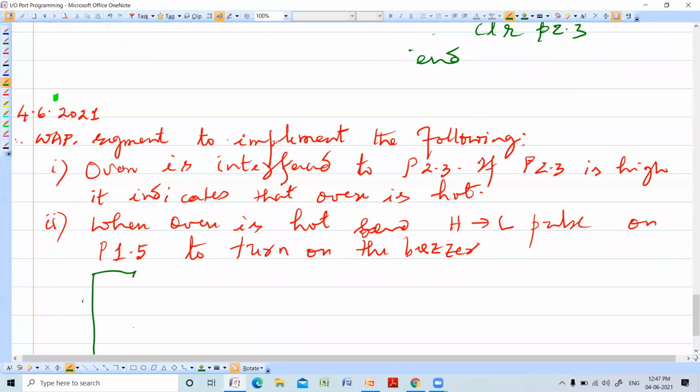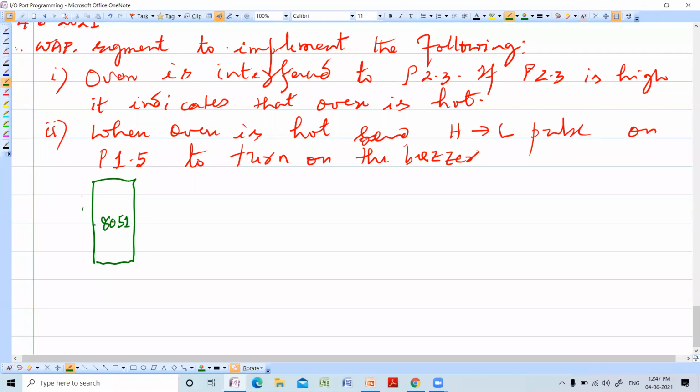So this is 8051. So it is connected to P2.3. So this is connected to the oven. So the temperature sensor of the oven is connected to P2.3.